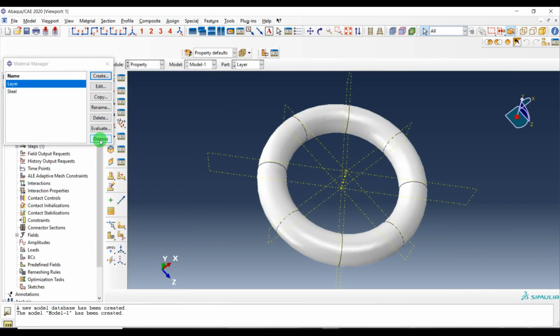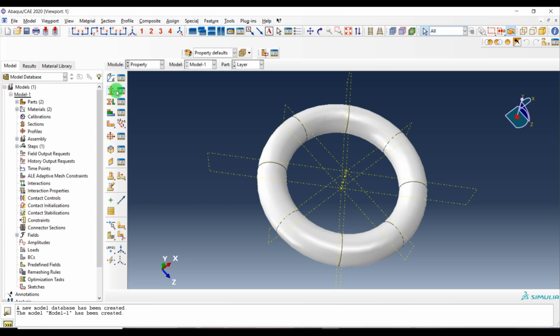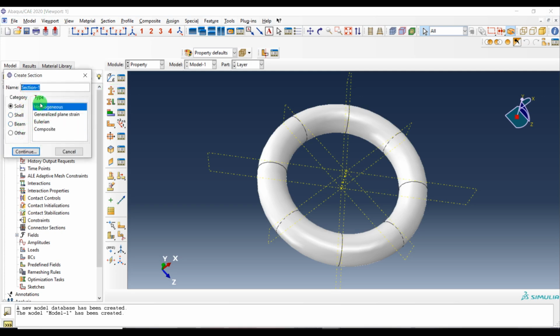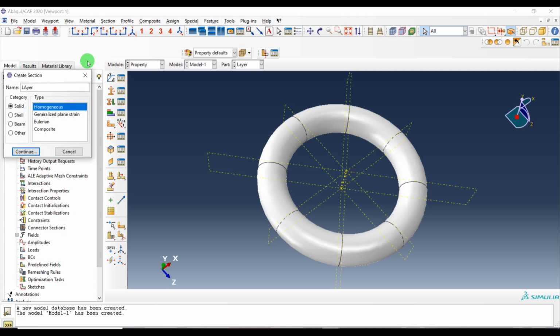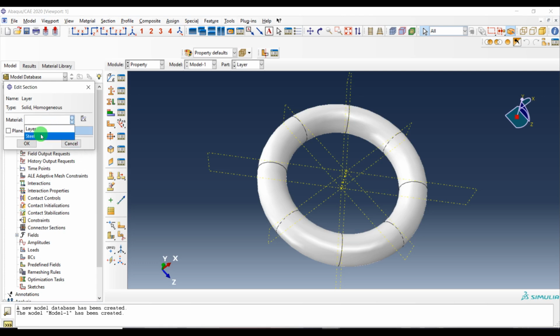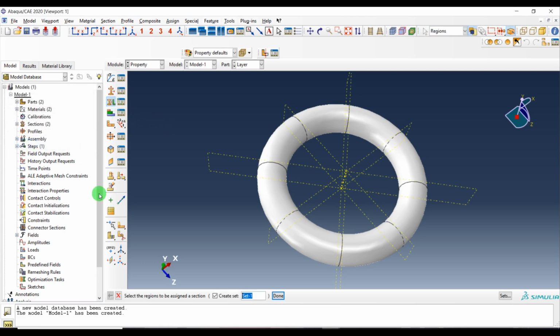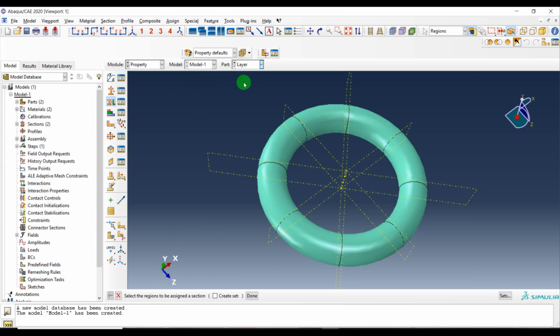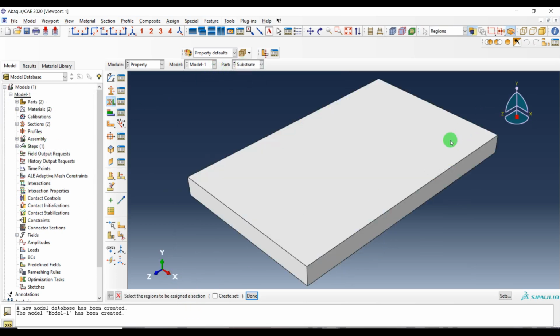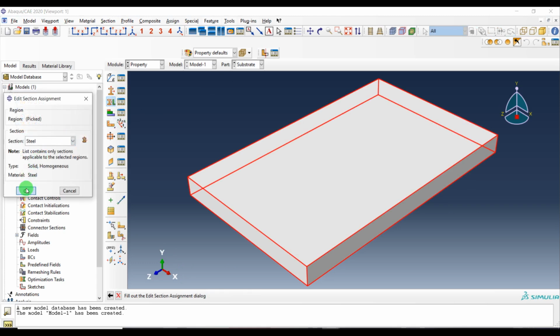Okay, we did it for material property, and let's create the section. Solid homogeneous, and for steel, and for the layer we need to define another, sorry for my writing, layer, and then assign the material property to the layer, and substrate, assign it. Okay,